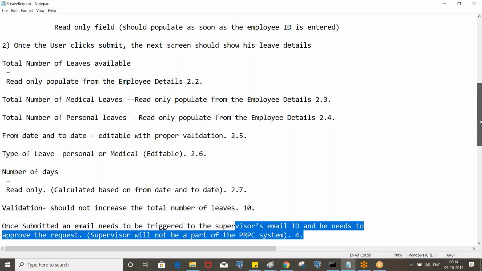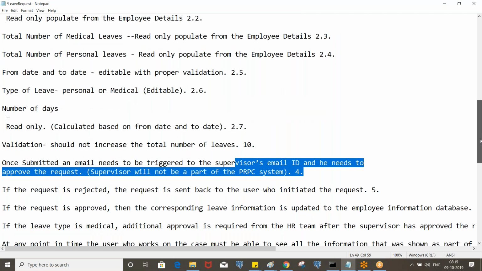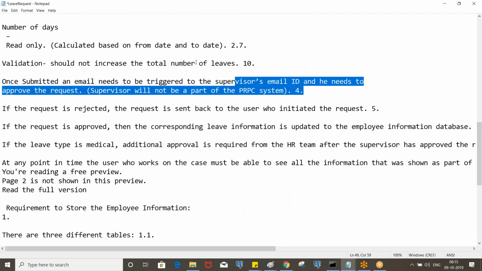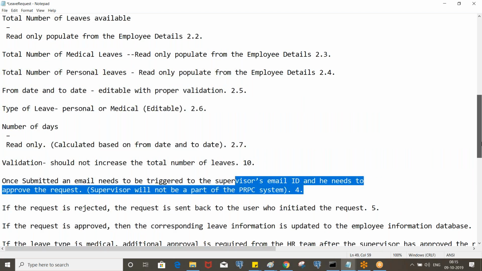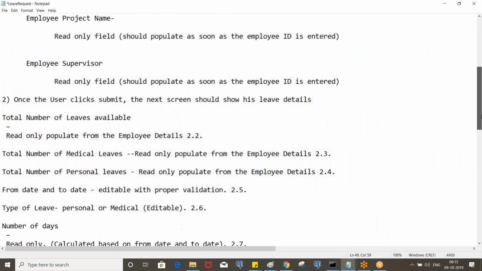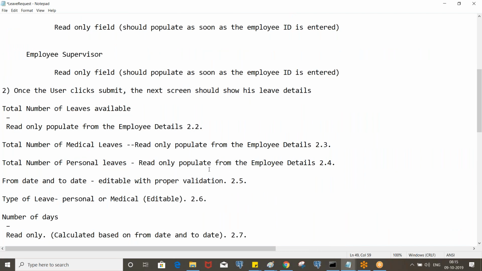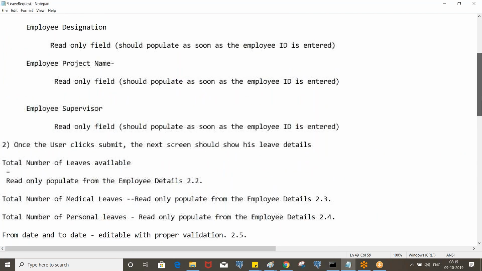I will explain the continuation part next week. Once the email functionality and approval process is completed in our application, you'll be able to configure this also. So just 2 screens. Mostly here you'll put validations and write some simple logic.